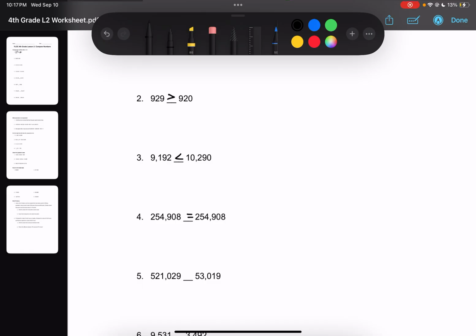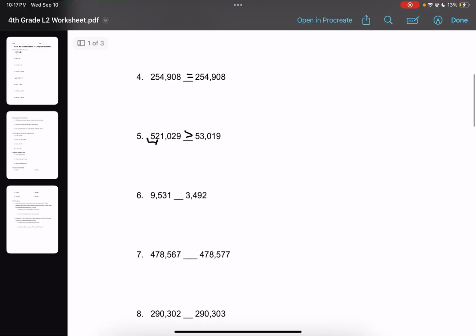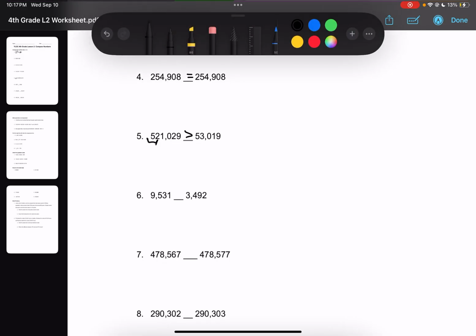Number 5 is 521,029 with 53,019. So the first value here has a whole 100,000 place, which the second value does not, so that one is greater. Okay, number 6 is 9,531 with 3,492. Looking at the thousandth place, you can see the 9 is greater than 3, so the 9,531 is greater. Number 7 is